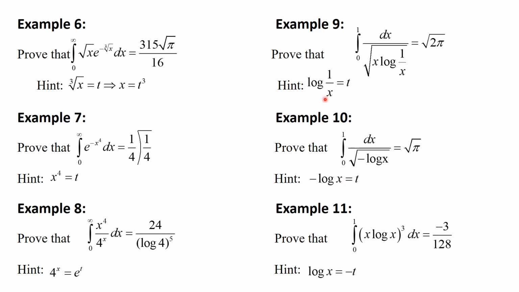In logarithmic functions mostly we come across the result as the integral from 0 to infinity e raised to minus kx x raised to n minus 1, which is the generalized result for the gamma function.